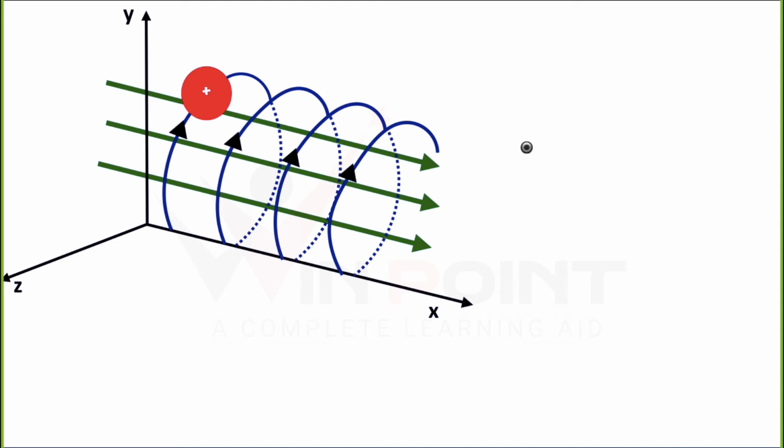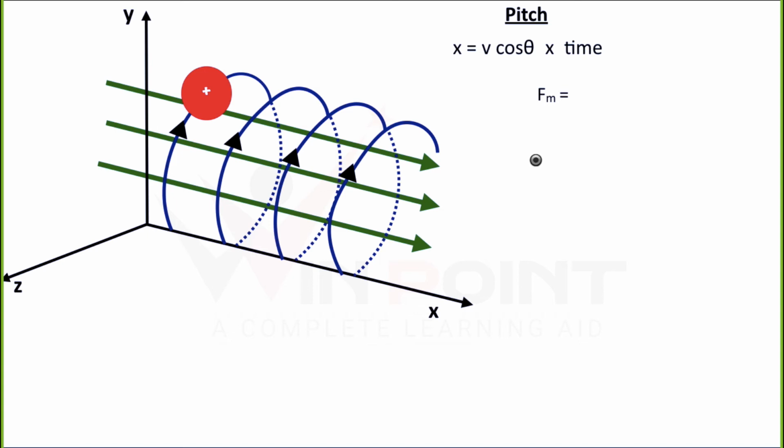Now we are going to derive an expression for pitch. Pitch means a distance, right? So we can give it the name x because it is along the x axis. x equal to distance. There is an equation for distance: velocity times time. Here the velocity responsible for this horizontal movement is the cos theta component. So we can write v cos theta times time, but we don't know the time. The circular motion is because of the sine component. So because of this sine component v sin theta, there is a rotation.